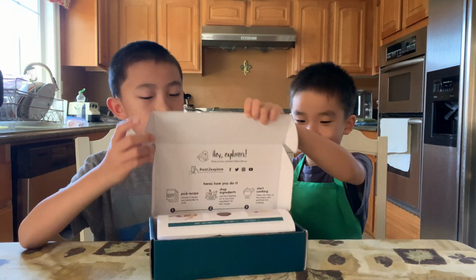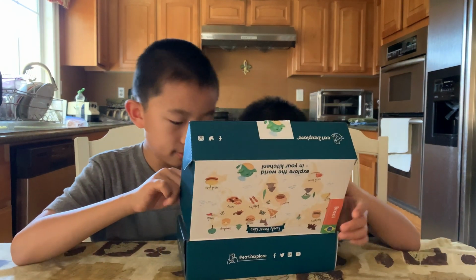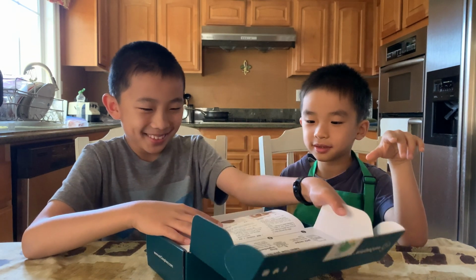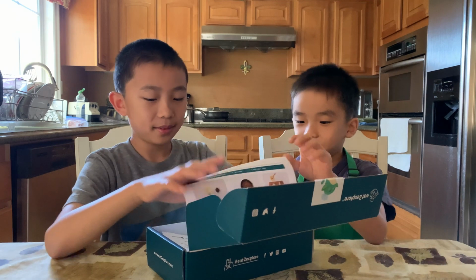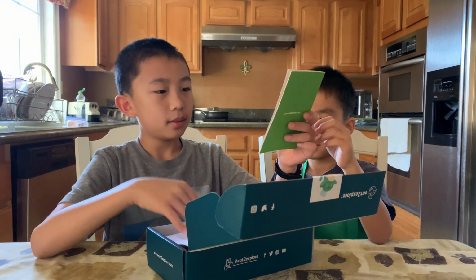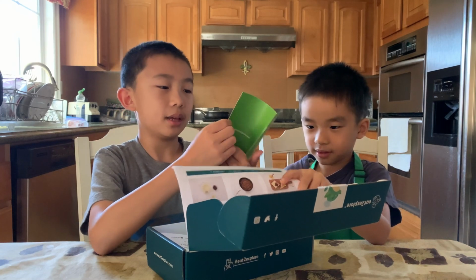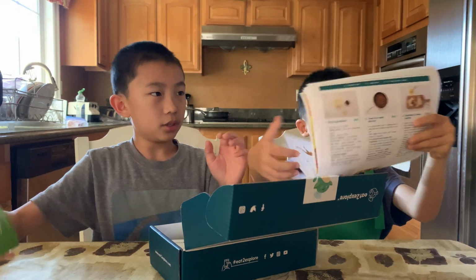Brother's gonna open it up. Okay. Wait, hold on. What does it smell like? It smells kind of like the paella. The paella mix. That's what it smelled like last time. So, of course, there's an Eat2Explore passport, like there is in every box. Okay. And there's also,